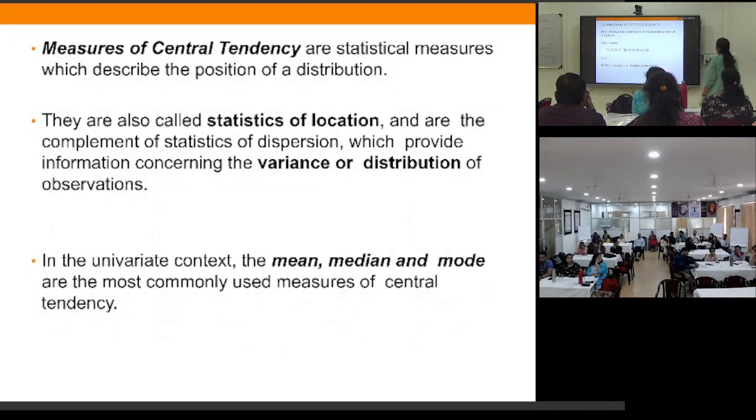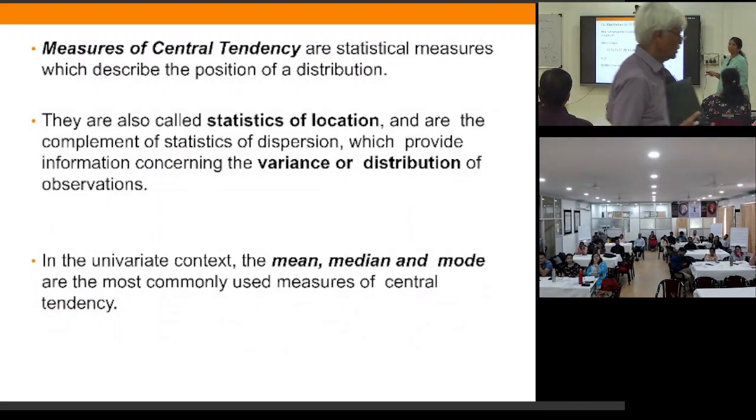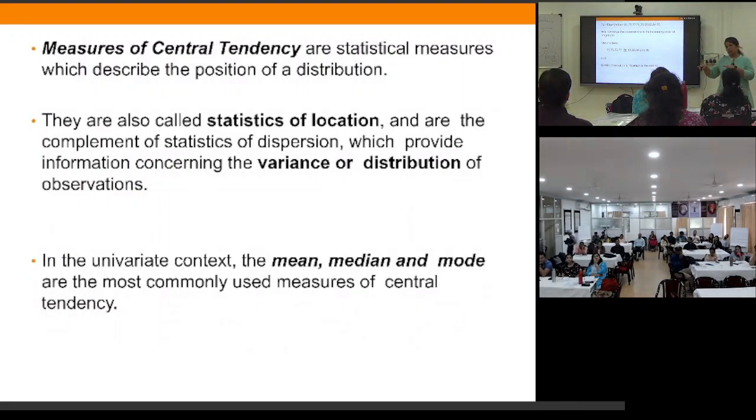So 71 came first, then 75. Now how many observations are there? The number is 9, so you will take the 5th value, the middle value. Middle observation is the median. So when it is an odd number, you will take the exact middle value. When it is an even number, you will have to take an average of the middle two values. Okay, so this is one of the problems, that when it is an even number, you may get a figure which is not there in the series.